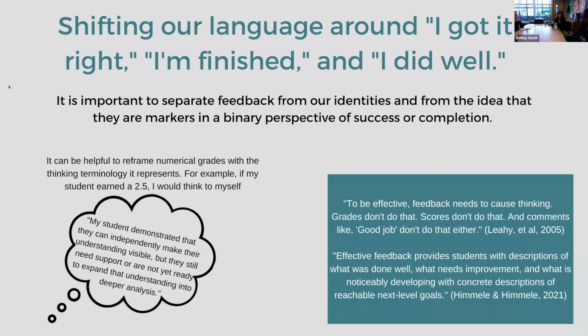Grades and this idea of academic success, they can tie it so much to who they are as a person, which is not realistic. It's no longer, I didn't understand this the way I needed to, I need to spend more time on it. It becomes, I am dumb. I am not smart enough for this concept. So finding ways to take our feedback and separate it from identities, who we are, is really helpful